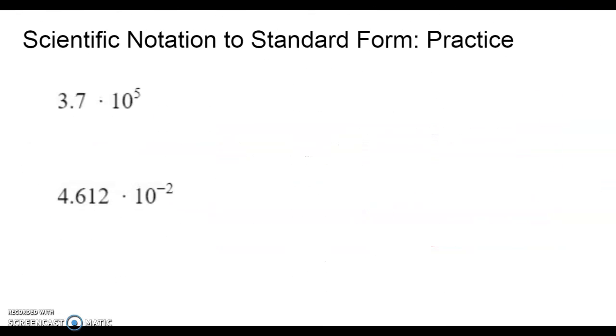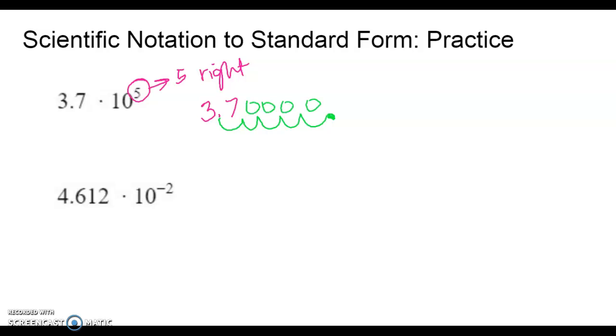Okay, if you want to pause the video and practice these two problems and then replay the video to see if you got them right, that would be fine. So 3.7 times 10 to the 5th power, my exponent is a positive 5. So I'm going to move my decimal point 5 to the right. I have 3.7. I take that decimal point 1, 2, 3, 4, 5. I'm going to add a 0 in all of my blank spaces, and I see that my final answer is